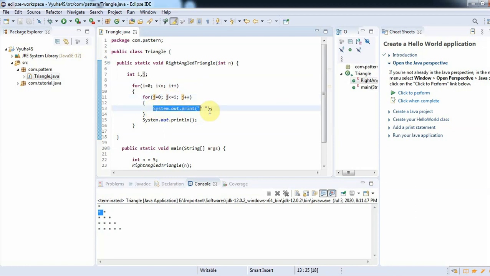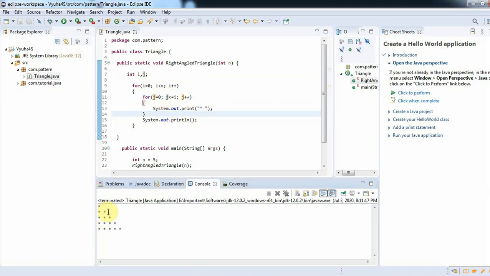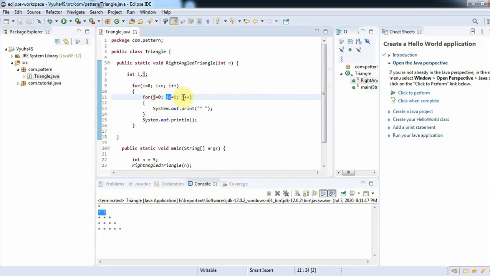So again it will get printed. Now the second line is done, because j will get incremented. Now the value of j is 2, and it will check the condition 2 less than or equal to 1. It is false, so it comes out of this for loop and goes to the next line, as I told you previously, System.out.println.